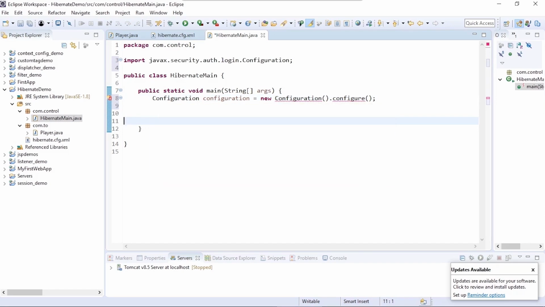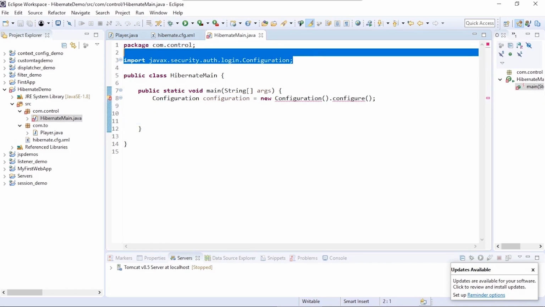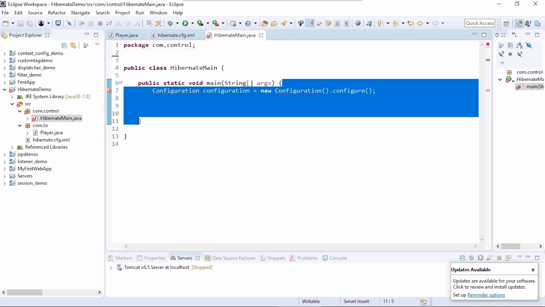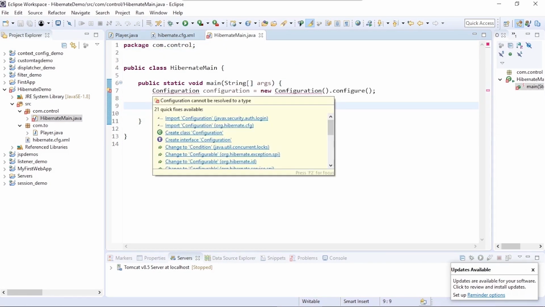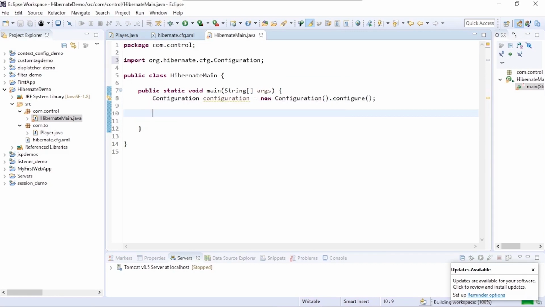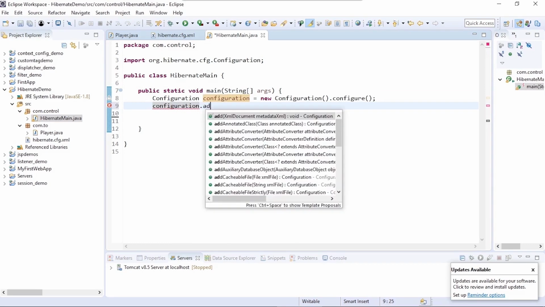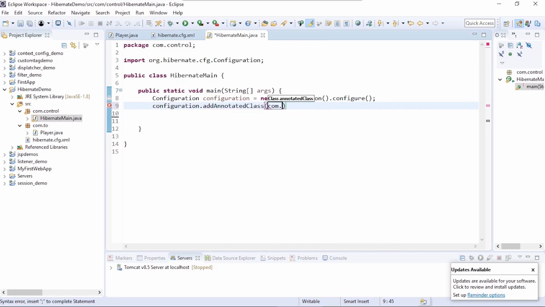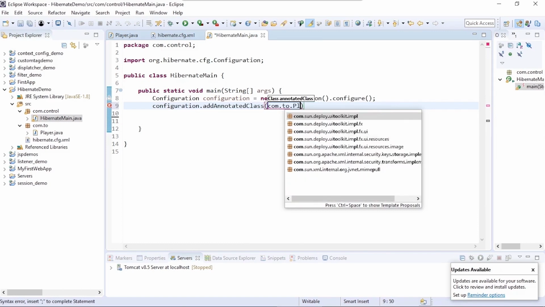Let's get this from the Hibernate package, and then we will say configuration dot add annotated class, and our class name will be com.to.Player dot class.